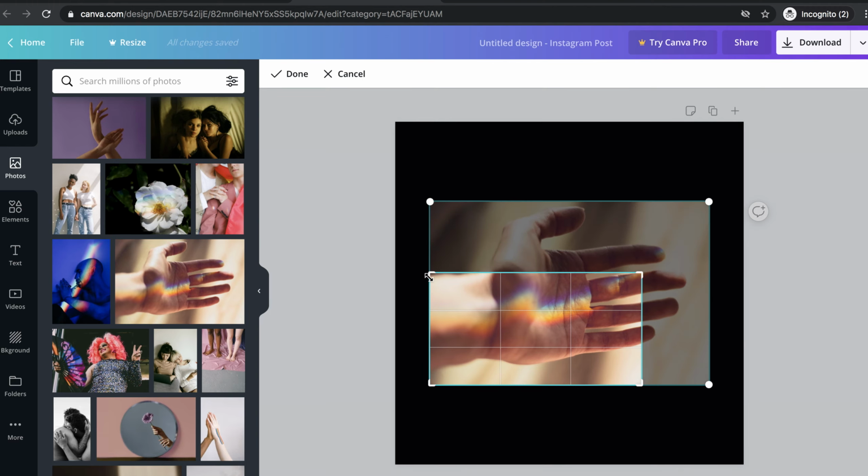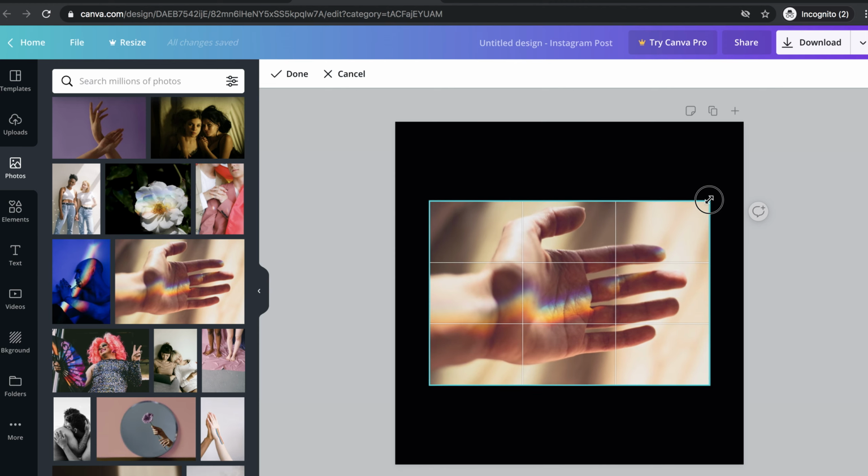I am explaining each and every feature as much as possible, but I am not going into detail. So why? Because here we are having a look at how to create a post for Instagram, not regarding the Canva tool, but simply I am explaining. Without knowing the basics of the tool, you can't create, without having an idea of how to use the tool, you can't make use of it effectively. So I am giving you the brief of all the elements here.